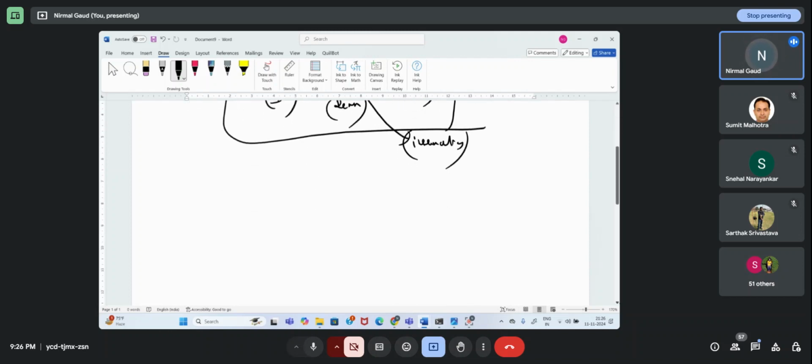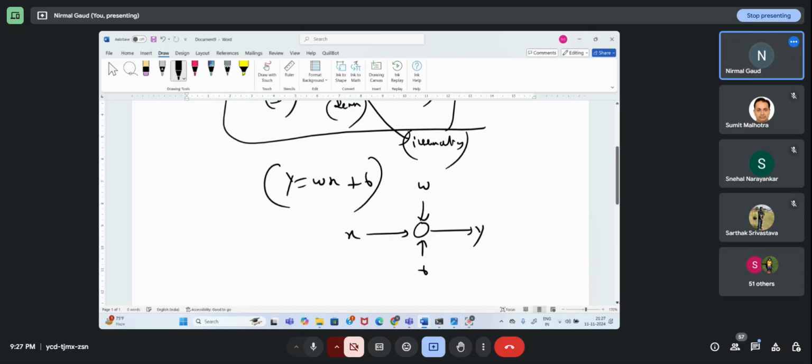What kind of math is done here? y = wx + b. We have a neuron, x is the input, y is the output, w is the weight, b is the bias. So weight and bias are the parameters.